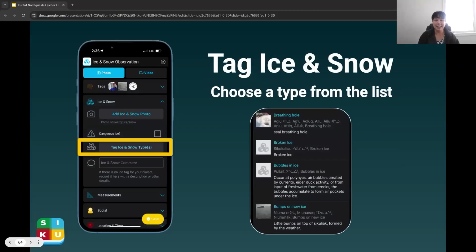Next, you can tag the ice with the tag ice and snow button. We have many different ice types available there, and by tagging, it's going to show people what kind of ice you saw, and it will also add to the feed of the different ice types in the Explore menu. So if you're not sure of the type of ice that you have, you'll see the ice with a little explanation